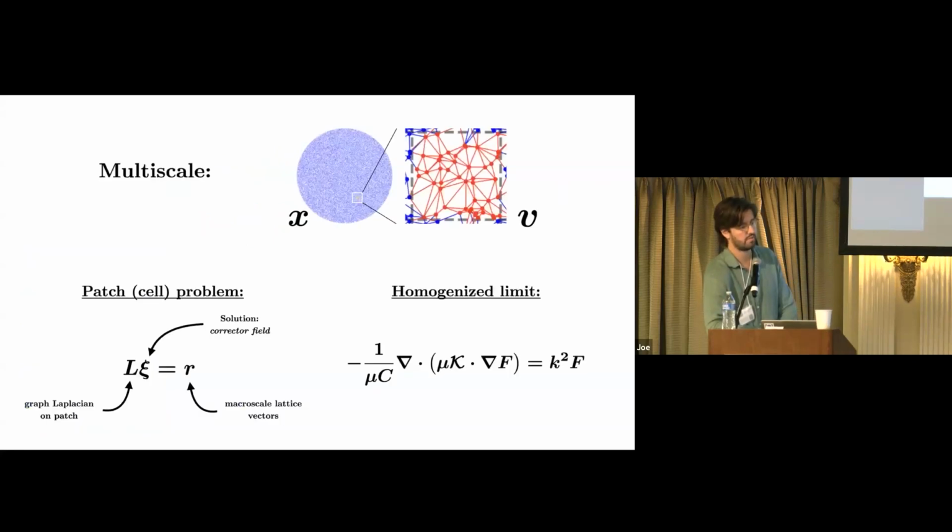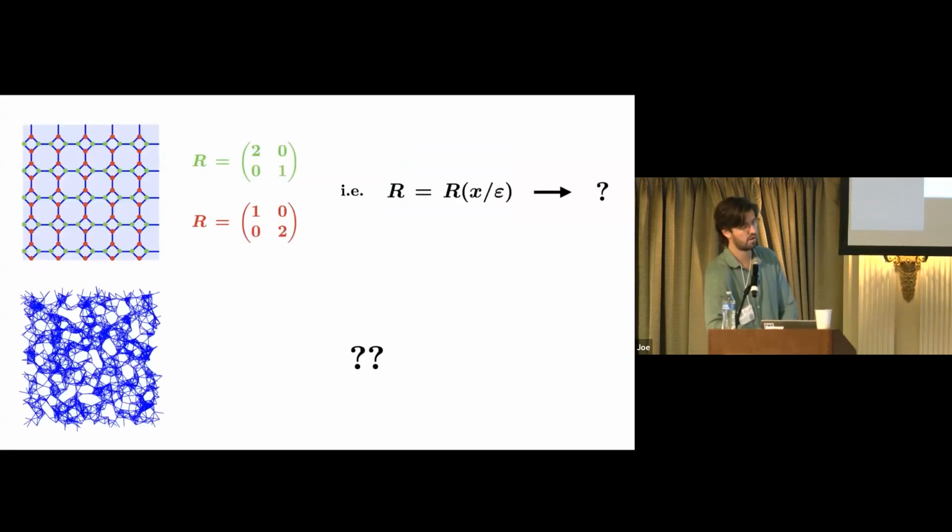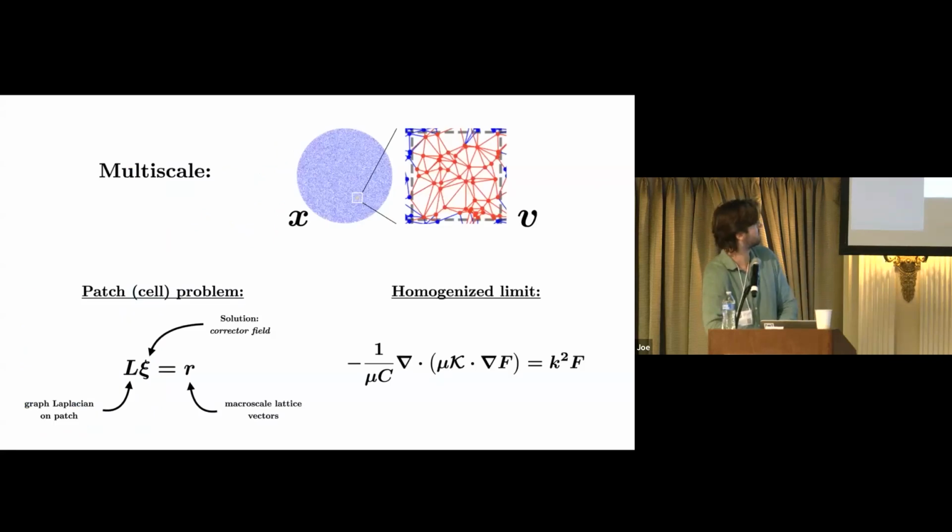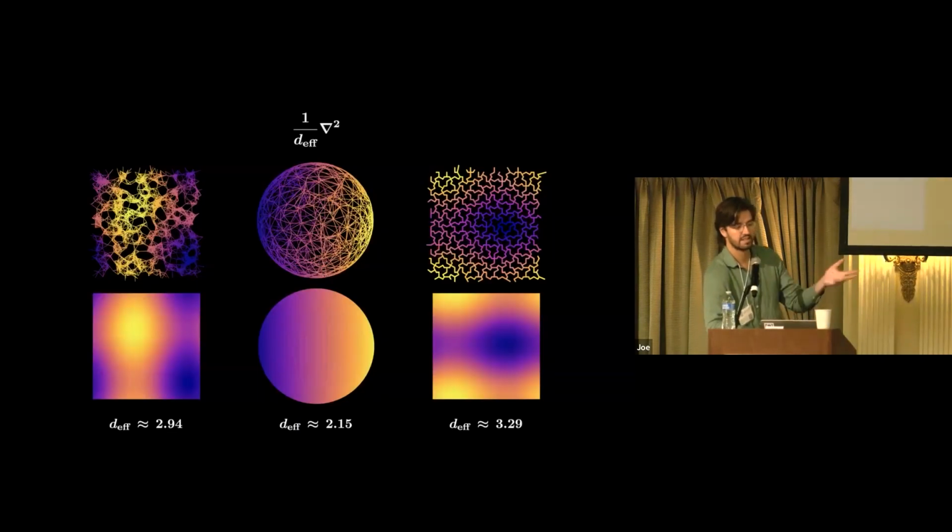And so, don't worry too much about the details here, but there's this homogenization theory which people use to study, say, diffusion or flow in porous media. And it essentially consists of separating scales. So we can separate scales by essentially considering homogenized patches of the graph, solving a particular patch problem, which we construct here, and then coming up with an effective description of what's going on in the network. And we've applied this to a range of